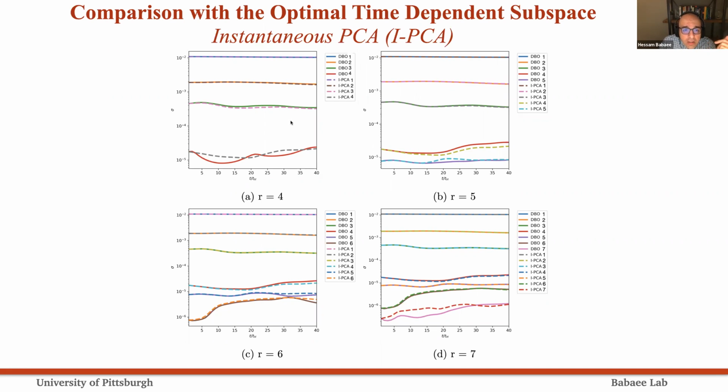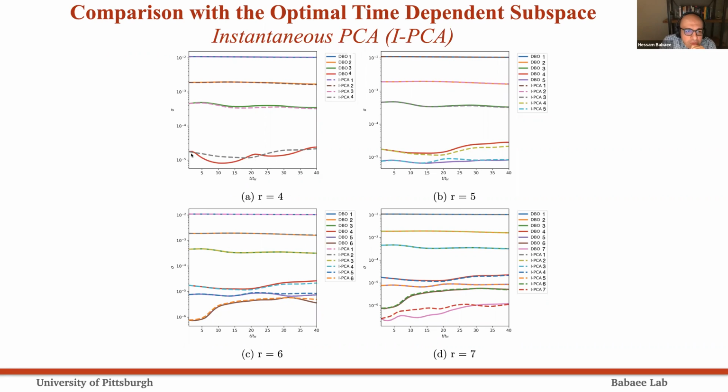So if you do R equal 4 DBO, we only have 4 modes, and we can compute the SVD of that sigma matrix that we have. Those are plotted here. They're compared against those obtained from IPCA. As you can see, the first 2 modes, this is with R equal 4, are captured really well. And these 2 modes capture more than 99% of the energy for this system. This is a log scale, so these other modes don't carry that much energy.